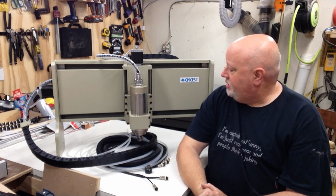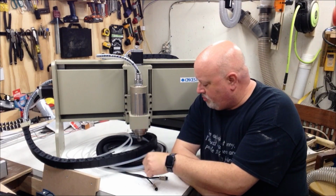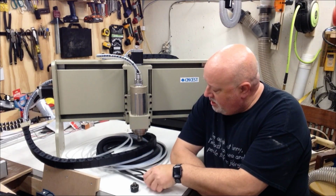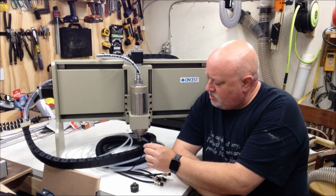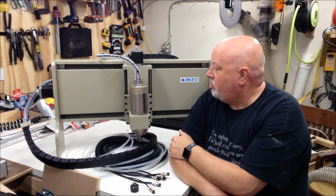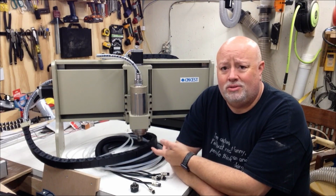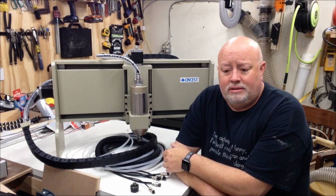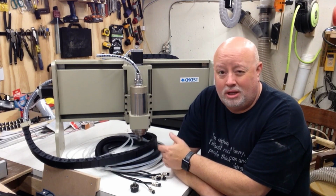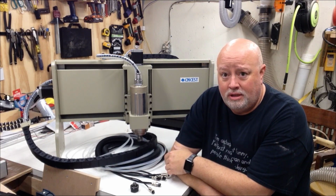So let's talk about the gantry just a little bit more. It does come with a cable management system, and all the cables are pre-run. We have X, Y, and Z all running through here, as well as limit switches, which I guess do hook up. We have our water coolant line that runs through here, and it all looks to be in pretty good shape. I did notice that they put Teflon tape on some of the nuts. I don't know why. I guess that's their locking type system. It seems kind of odd to put that on a metal-to-metal connection, but if that's what they do, cool. But that is the spindle and gantry